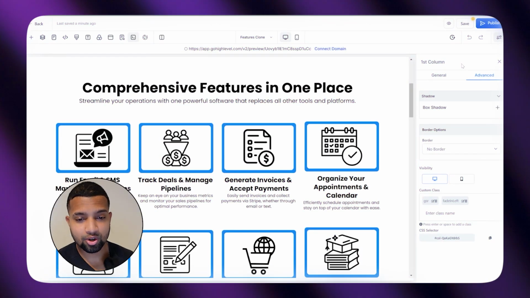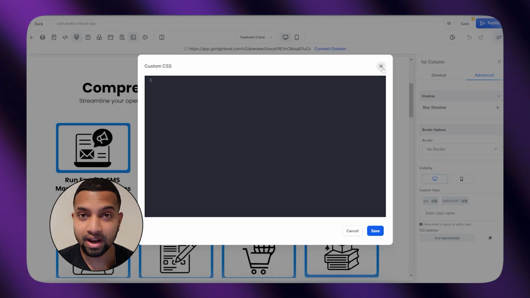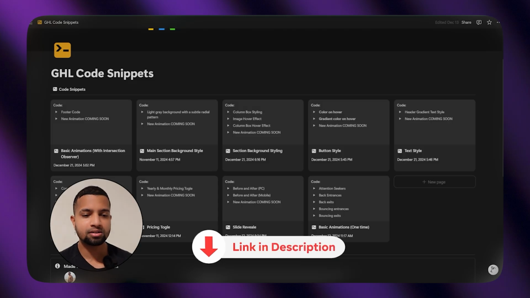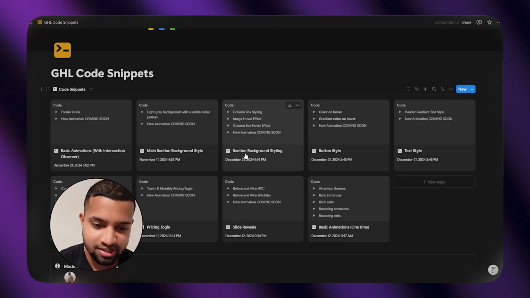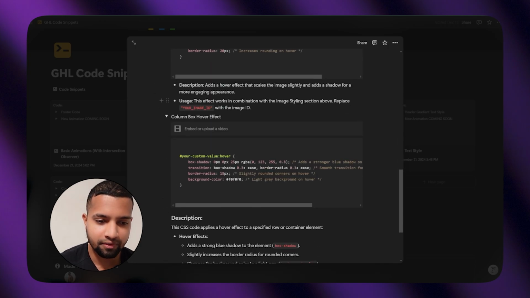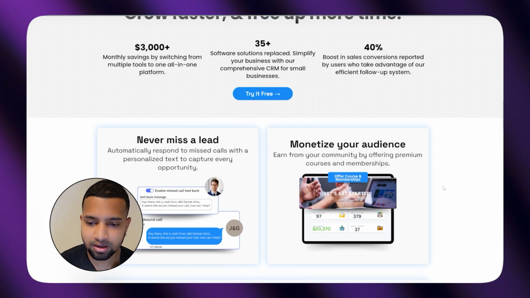So now we are inside the GoHighLevel website builder. For the sake of this video, I have removed all the custom CSS from the website so that I can put in each and every code and explain to you how to use it properly. Go inside the GoHighLevel code snippets. As you can see, there's a section called section background styling. So click on it. This is column box styling, image hover effect, and column box hover effect, which is basically this blue border, the image hover effect, and this effect. So to get this,